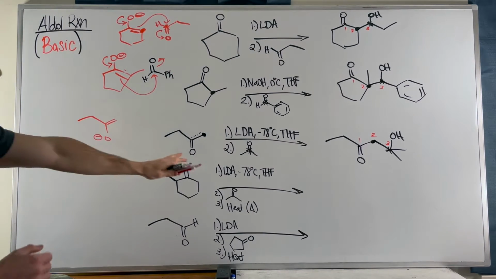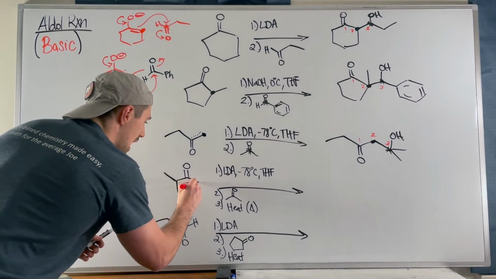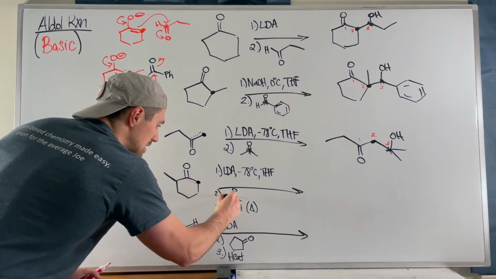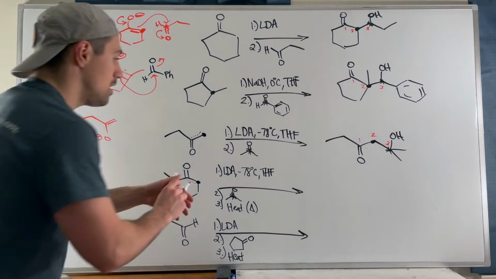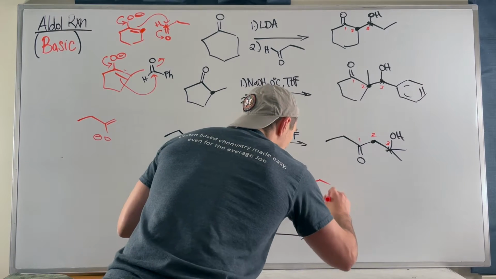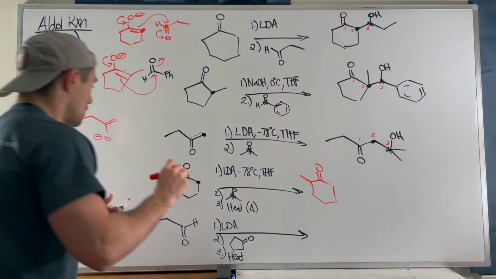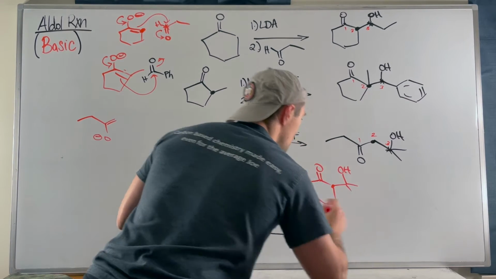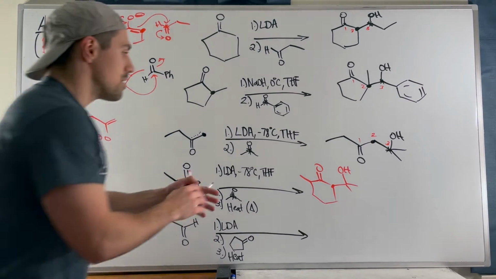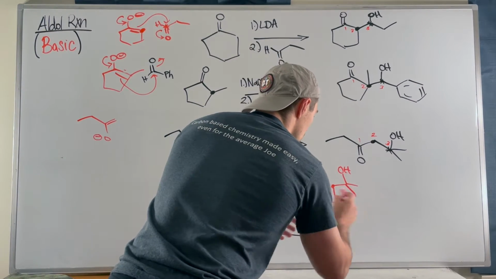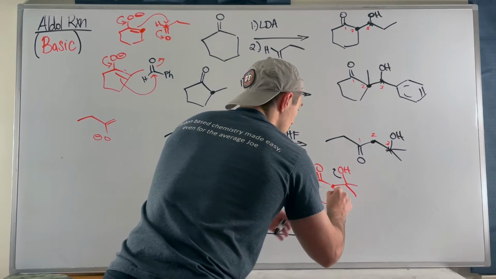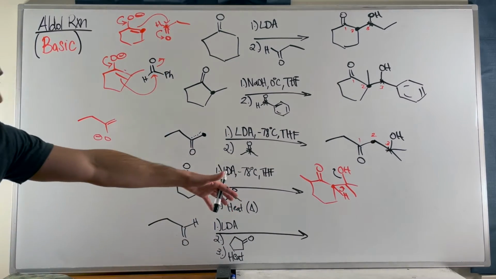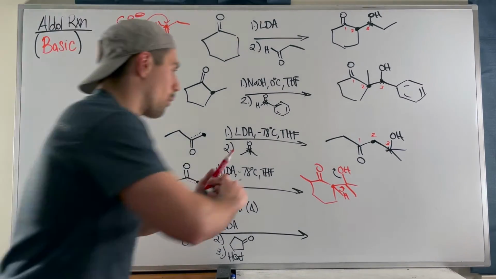So first step is that we're going to realize that we're going to be making the kinetic enolate here. We're going to be attacking from this carbon right there. We're going to be attacking this asterisk carbon right here. So if you want to think about it, our initial aldol reaction product looks like this. But we don't stay like that. Remember, this will leave when we deprotonate this position right here. It's these electrons that swing down. Something will pick up that hydrogen, that proton. So then we form